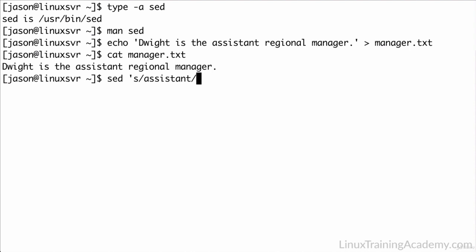By the way, the forward slash is acting as a delimiter, and the text between the forward slashes is called the search pattern. This search pattern is actually a regular expression, so you can make very advanced searches if you want to. In this case, we're keeping things simple to demonstrate the concept of finding and replacing some text using sed. Next, we'll type the text that is going to replace the previously specified text. We want to change assistant to assistant to be, so we'll type this. Next, we'll close our substitution with another forward